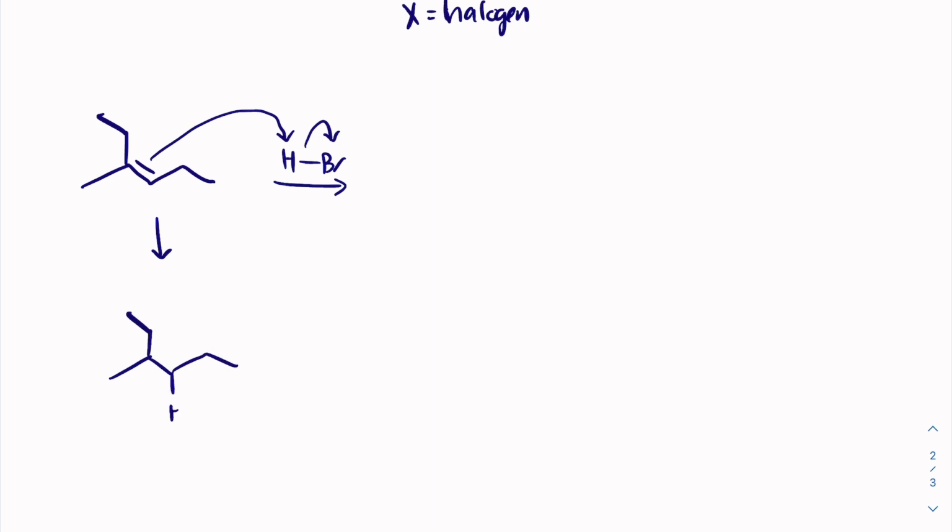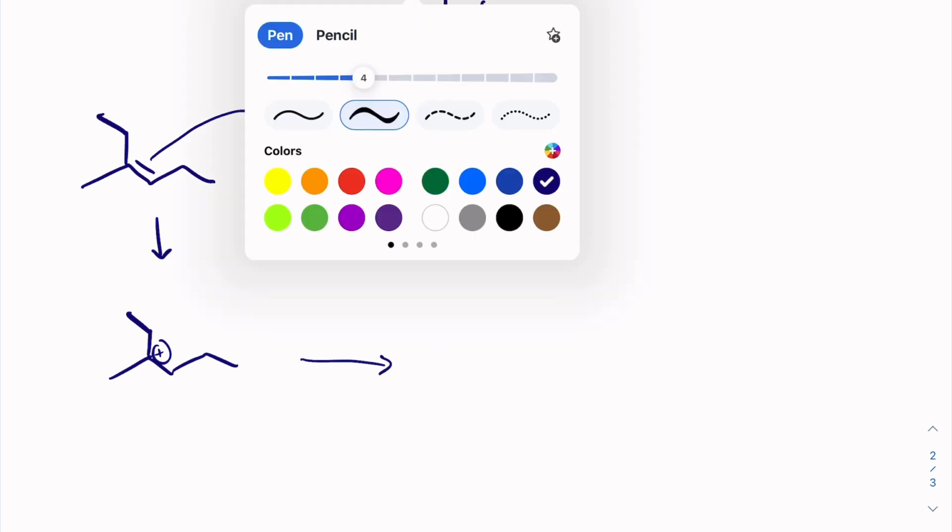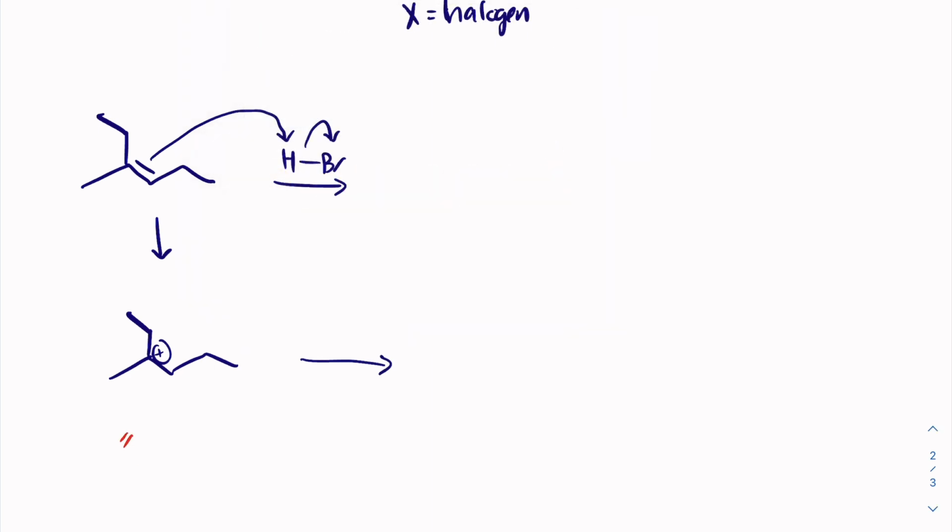We're going to place that hydrogen on the least substituted carbon because that will place a positive on the more substituted carbon, and we know that carbocations are more stable when they're placed on more substituted carbons. Additionally, now that we have a carbocation, this molecule has gone flat at that carbon. And so our nucleophile bromine is now able to attack. And because it attacks a flat molecule, we'll get maybe a wedge ethyl and a dash bromine,